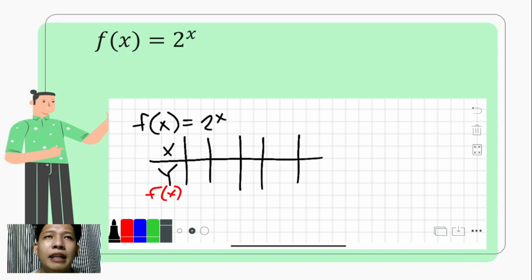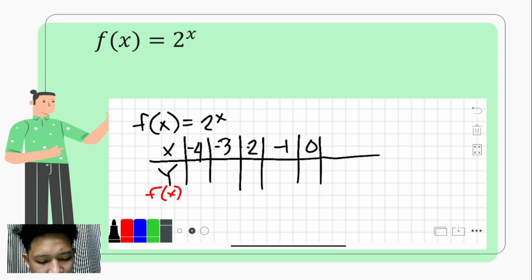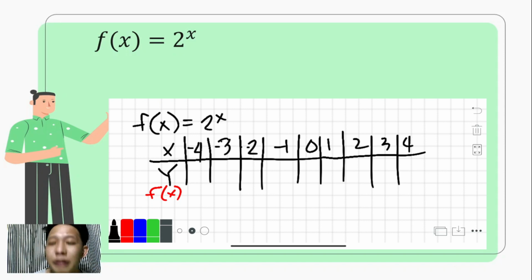But it would be advisable, and we will really see the property of our function, if we take values from the negative side of the x-axis and the positive side of our x-axis. That is why, let's say for example, we start with negative 4 and end with positive 4. So we have here negative 4, negative 3, negative 2, negative 1, 0, and then up to 4: 1, 2, 3, 4. And for us to get the function value, or the f of x or the y,